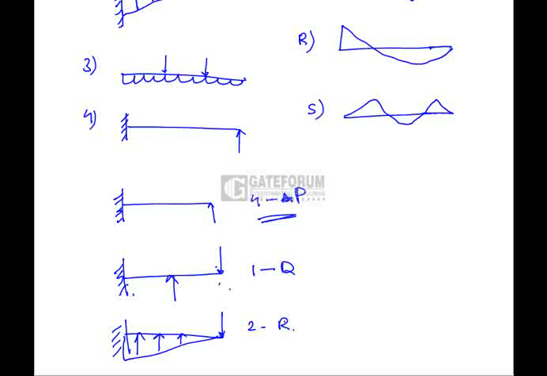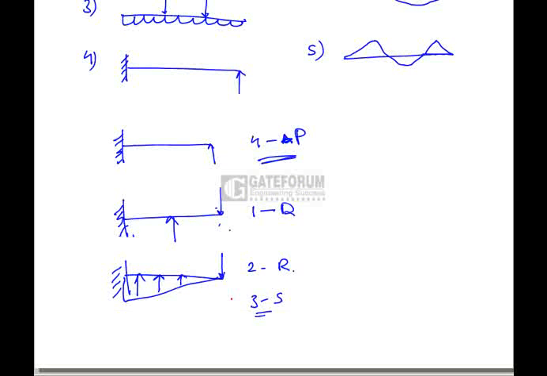And coming to the third one, the remaining one is the diagram S, and of course, due to the reactions the bending moment is not 0 for the overhanging beam at the reactions. So some bending moment is there and it varies parabolically from one point to another, and the right answer is S. So for the third one it is S, and in the options the correct option is D. D is the right answer.